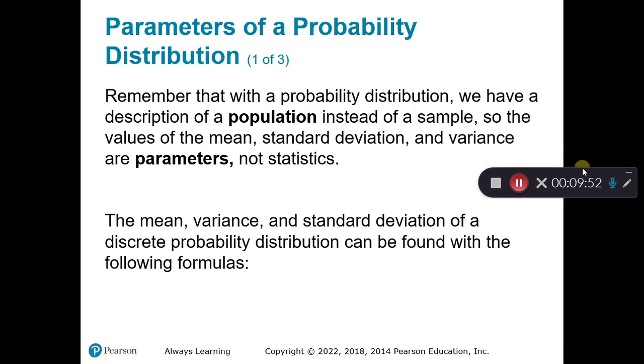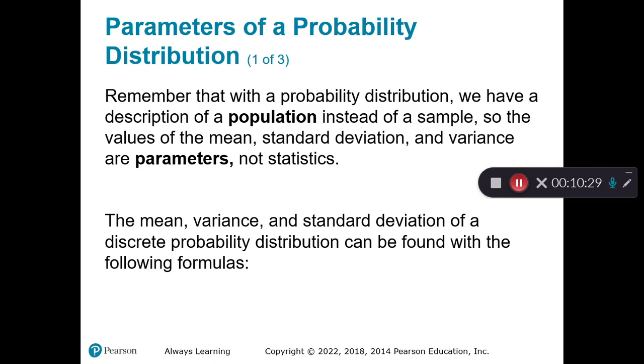Now, let's talk about how to calculate some parameters for a probability distribution. Remember that with a probability distribution, we are talking about an entire population of interest, not results from a sample. Therefore, when we calculate mean, standard deviation, and variance, these are going to be considered parameters, population parameters, not sample statistics. You're going to see some different notation for the rest of this lesson because in chapters 3 and 4,